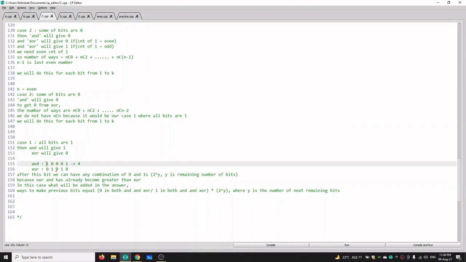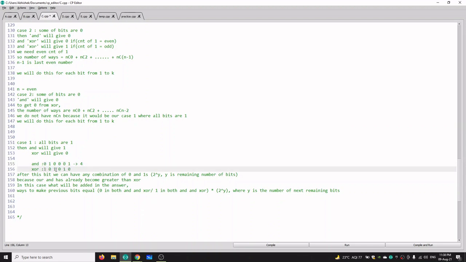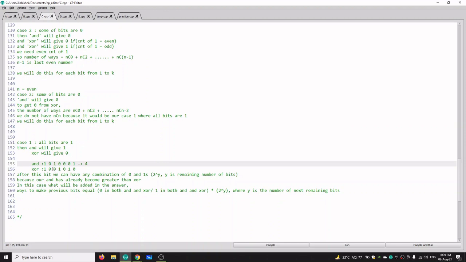And for making it greater than XOR, we need to equalize the previous values also. Like if we have 0 here and 1 here, then our case is not valid. So we need to equalize all the previous values. All the previous values are equal in AND and XOR, and our one bit is different here.